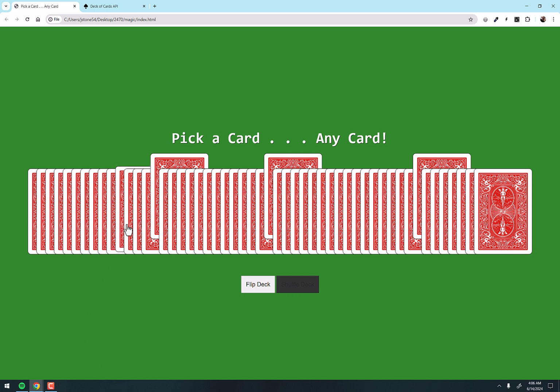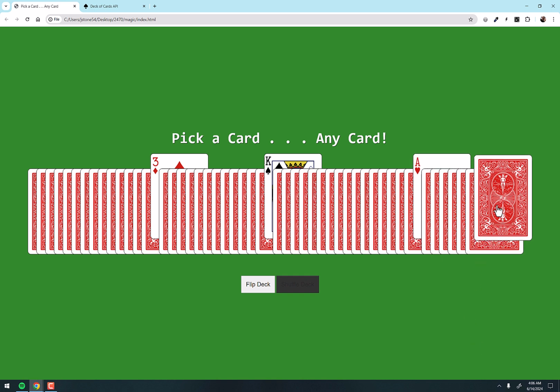But so I'll double click on this one that's sticking up here, and it's now a 3 of diamonds, and that came from the API. And then I'll do this one and this one. Now notice double clicking on any other ones that are not permanently upjogged doesn't do anything. So if I double click on that, it doesn't do anything. But if I upjog it by clicking it once, then double click, then it'll change into something.